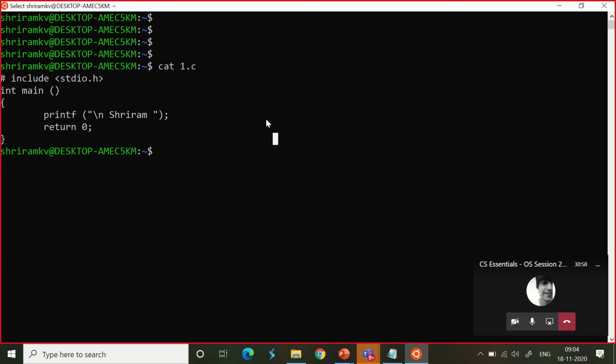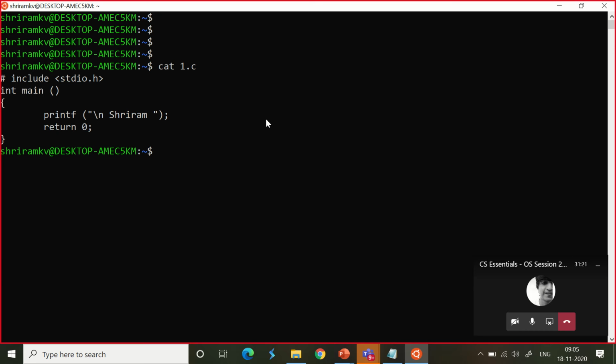Instead, we have an inbuilt compiler available, a package called the GNU C compiler. We have something called GCC. GCC is the name of the compiler, and I'm going to tell you the process step by step, and you will visualize what happens when you compile a file. This is very important, and this is all done by the operating system support. That's one of the very important features we have already highlighted in the previous session.